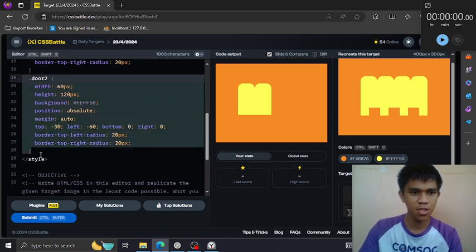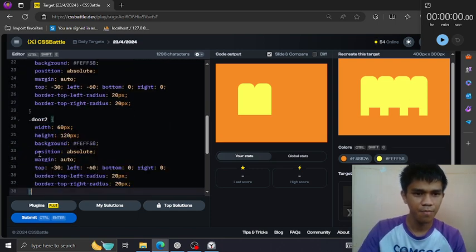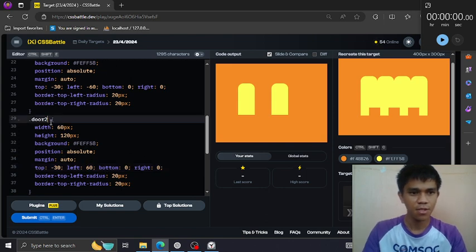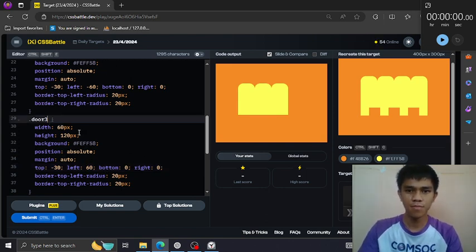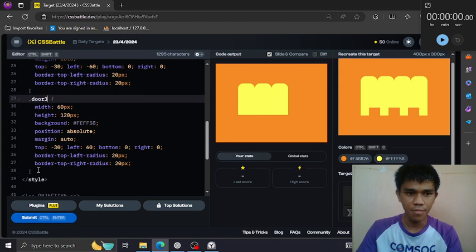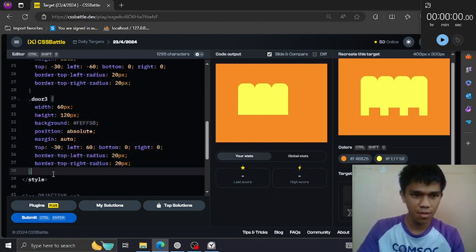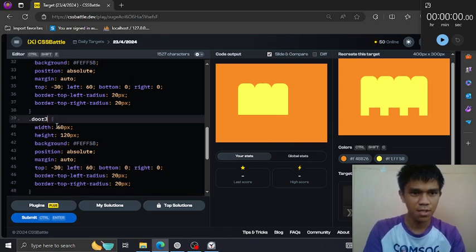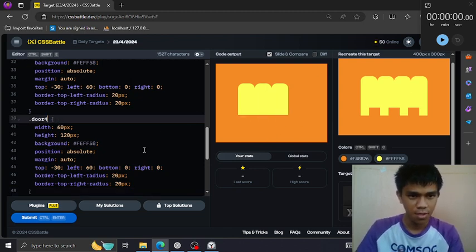So the door 3 is probably positive 60, because negative 60 plus positive 120 is positive 60. And the fourth door is probably positive 180. Okay.